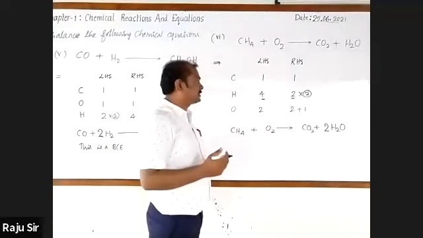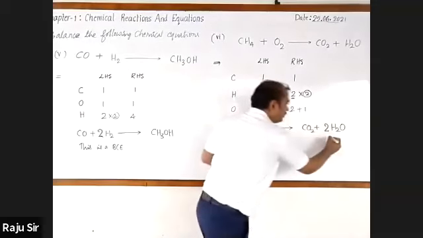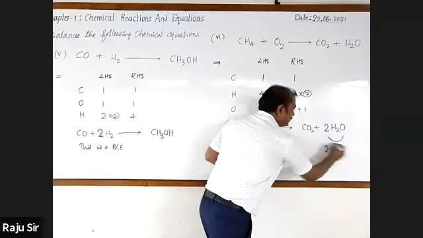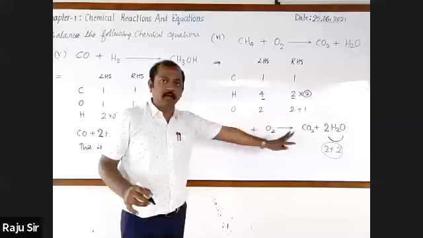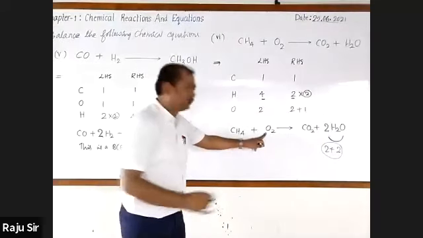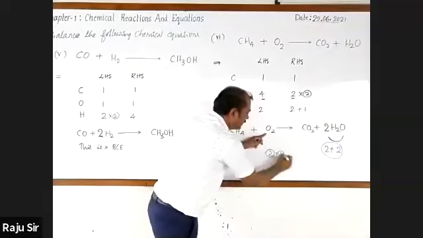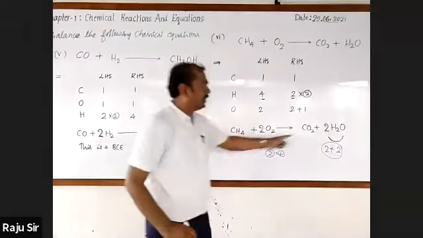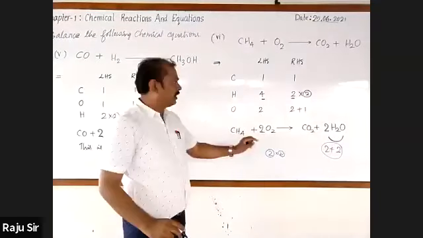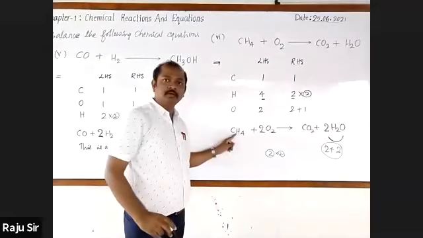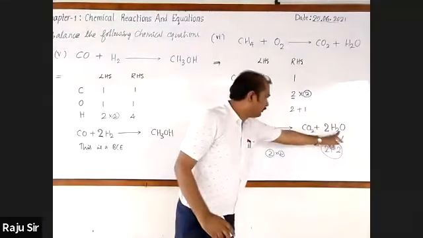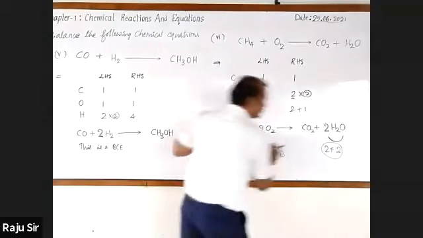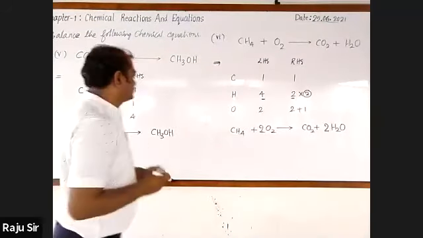Next, which one has to be considered? Oxygen, sir. On the LHS, oxygen has 2 atoms, and on the RHS, 2 atoms plus 2, total 4 atoms of oxygen. Multiplying by 2. Very good, it should be multiplied by 2. Here I'll write 2. 2 2s are 4, and here 2 plus 2, 4. Oxygen is balanced. For hydrogen, 2 2s are 4, and here already 4, so hydrogen is balanced. All the elements are balanced.